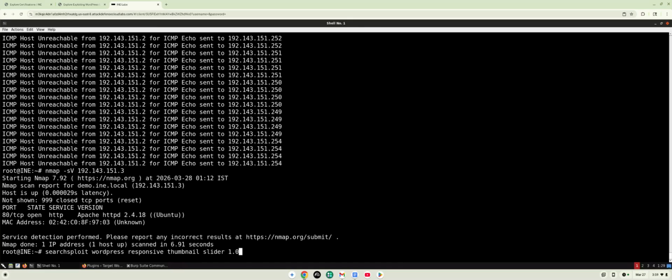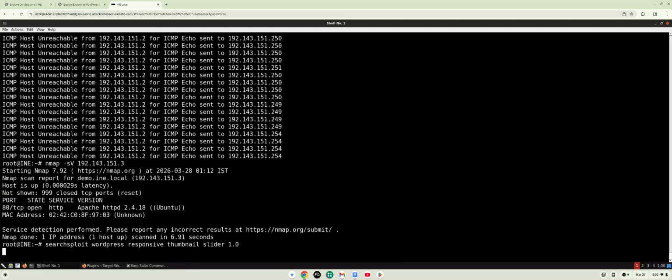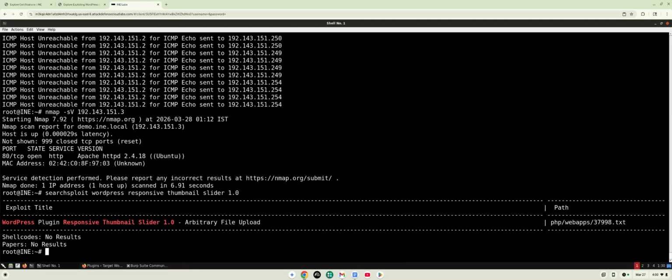All right. So just checking my syntax here. Let's see what we can find within searchsploit. All right, looks like we actually found it, got a hit here, which is an arbitrary file upload